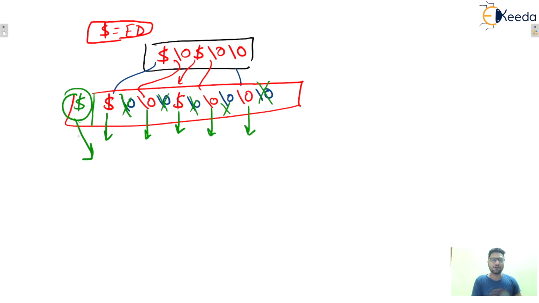So everywhere, whenever data matches the ED, one null character is stuffed, and a character requires 8 bits. So you can see in the data that various characters are stuffed, so there will be an overhead for the frame. That's why bit stuffing is used. Moving on to bit stuffing.